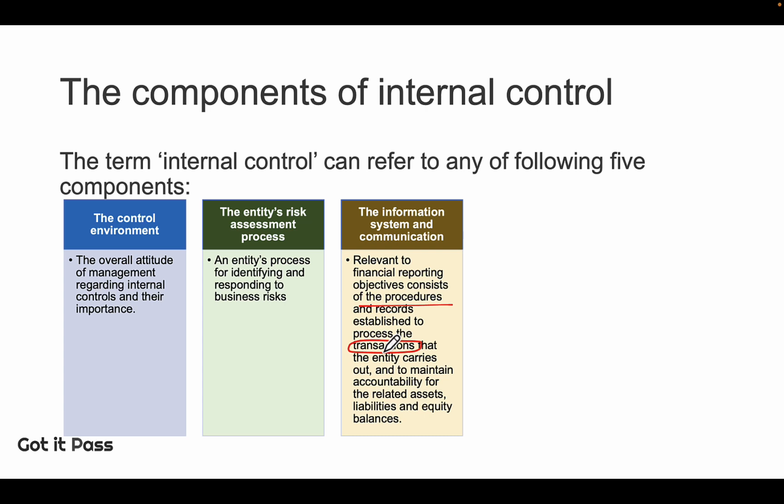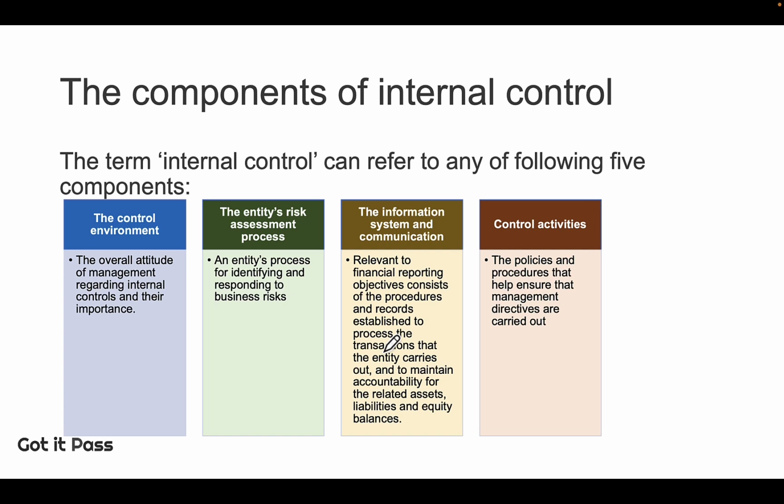But this accounting system is also capable of handling sales adjustments, because say there's a sales return in early January related to the sales in December. The accounting system can help to recognize these changes of status of the sales, because these sales should not be recognized as sales in December, given it's a short-term sales return. And also the information system and communication must be able to present properly the transactions and related disclosures in the financial statements.